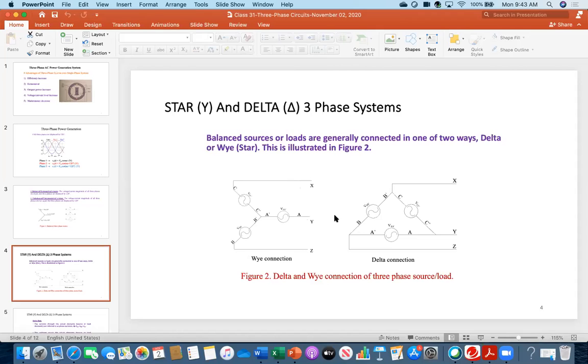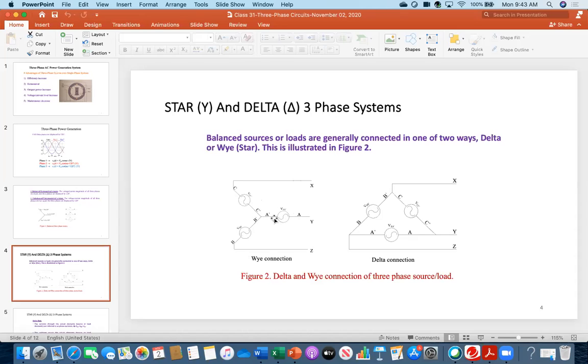These lines are like those overhead lines, and then people will be using power from these lines. Everybody assume that this is a power plant. In the power plant, three-phase voltage is being produced with these Y connected coils, and then you have to transmit it or distribute it to the consumers, to the customers. So that's why these portions X, Y, and Z are called the line. And these things, A prime, B prime, C prime, are called the phase.